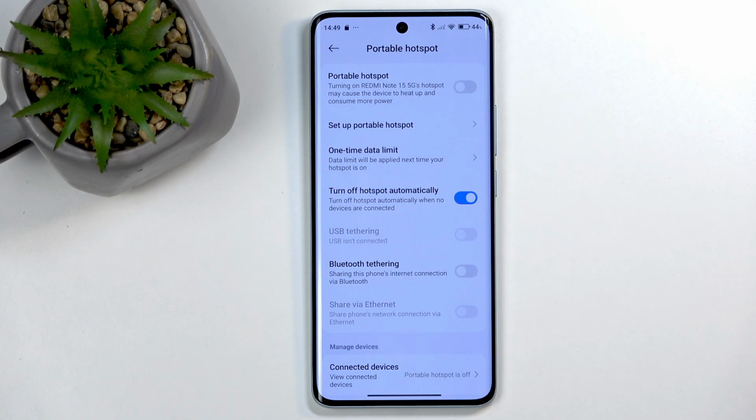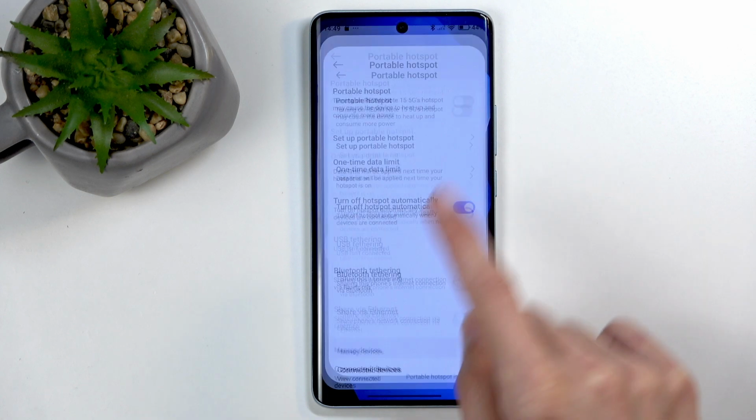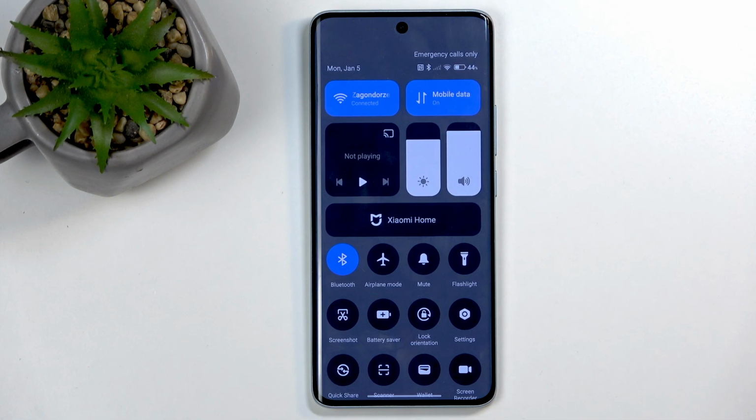I personally like to keep it enabled, as hotspot does consume more of your phone's battery, so when you're done using it and you just forget to turn it off, it would just be wasting that battery, and this would ensure that doesn't happen. So anyway, we can now close this up, and whenever you want to enable your hotspot,